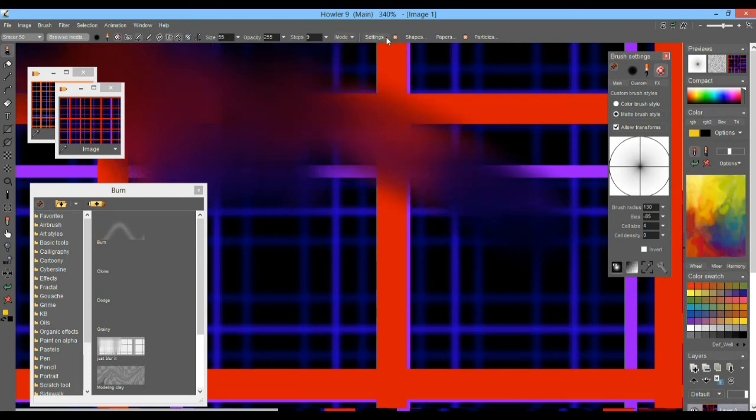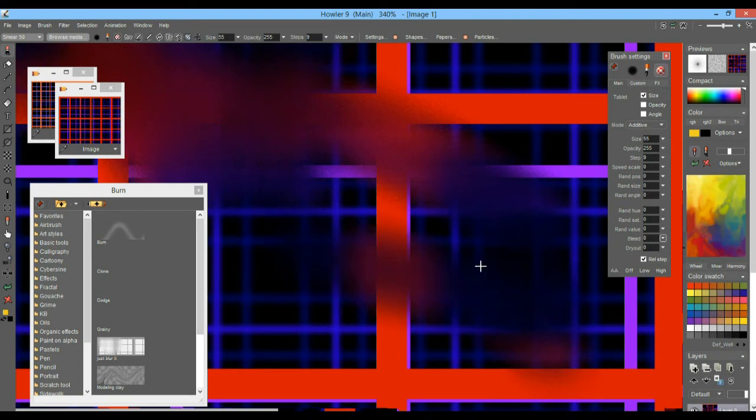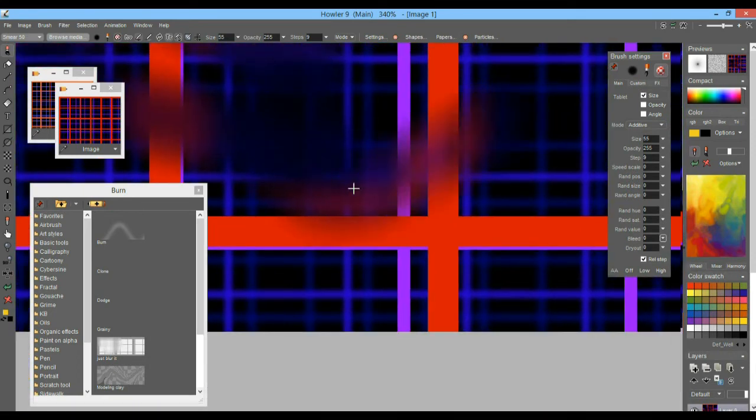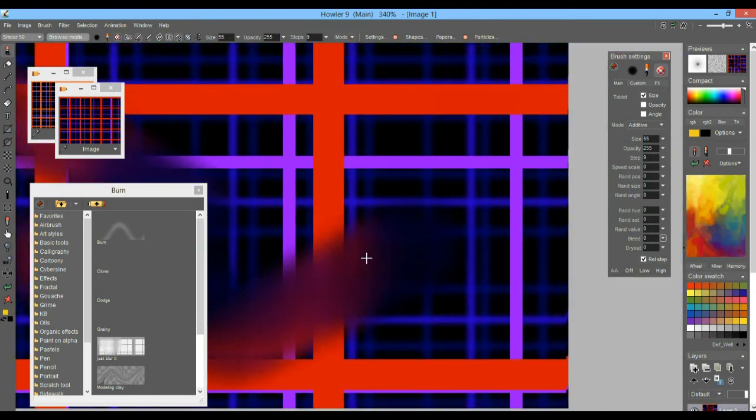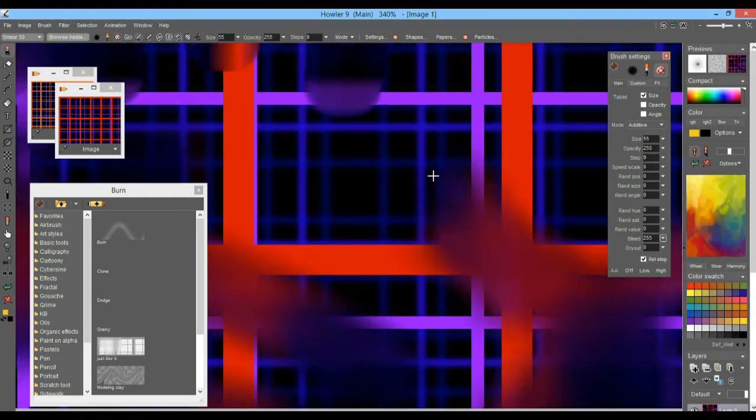Let's see what else. Oh yeah, back to the settings. There was, as you saw here, the bleed factor, and that one too can have a nice subtle effect on how the colors are actually blended, bleed together with the background image. So you could put that one to the maximum and perhaps get a little bit more of an even effect there too. Anyway, I think we have quite a good idea of how to set this up, and then of course the